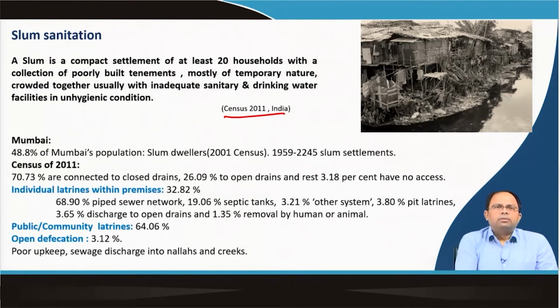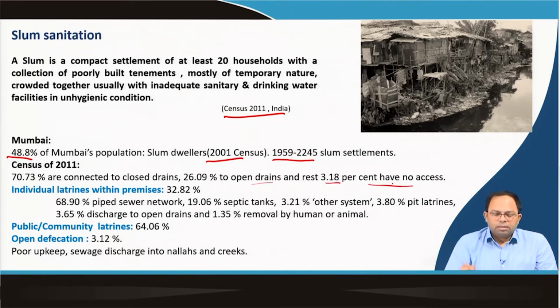So, in Mumbai, to just give you a snapshot, around 49% of Mumbai's population, as per the 2001 census, are slum dwellers, and there are around 2000 slum settlements in Mumbai. Then in the 2011 census, it was found that 70.73% of these slums are connected to closed drains, 26% to open drains, and the rest 3.1% do not have access